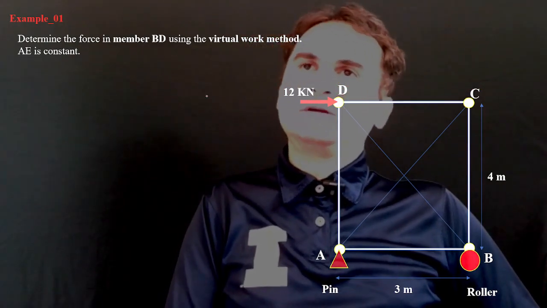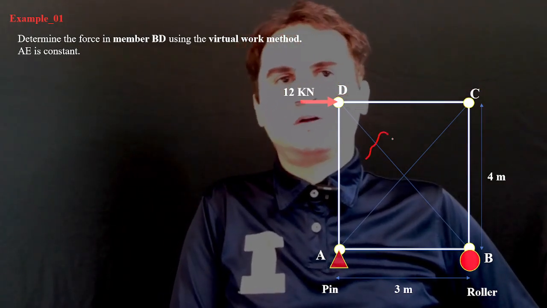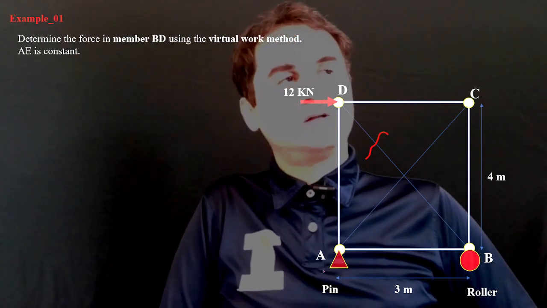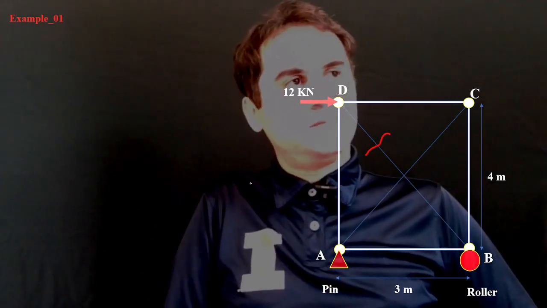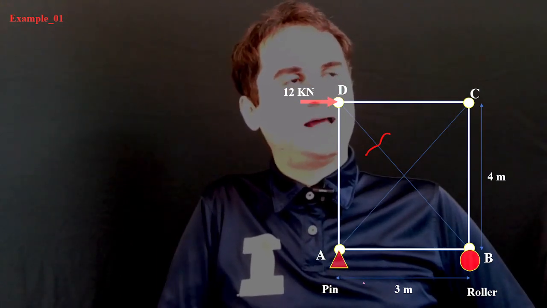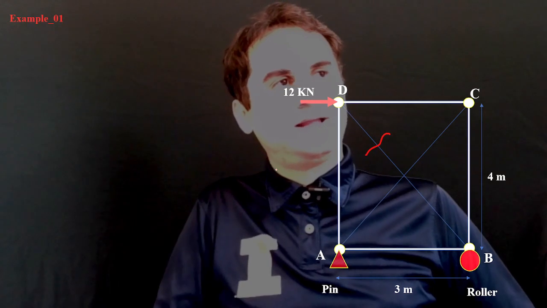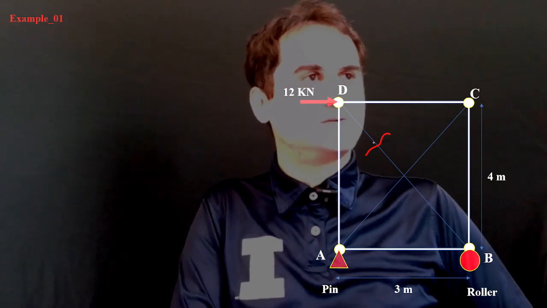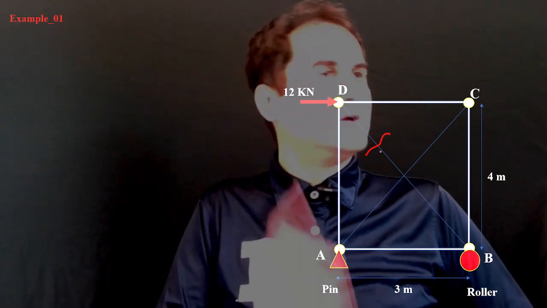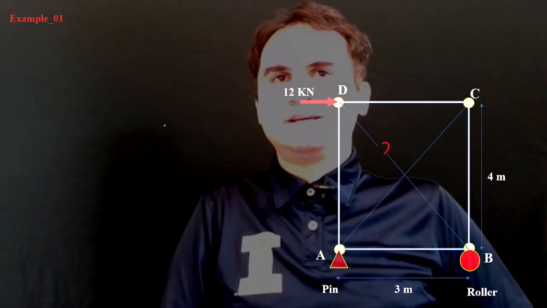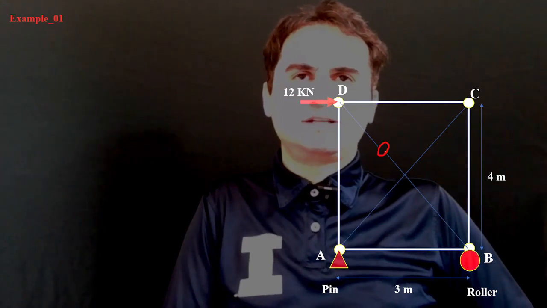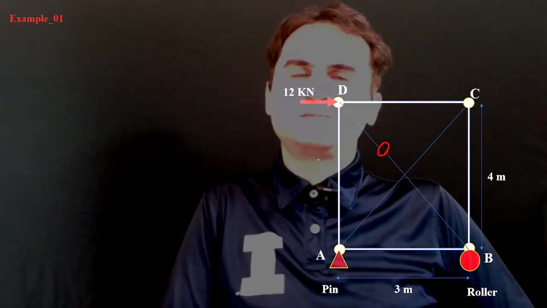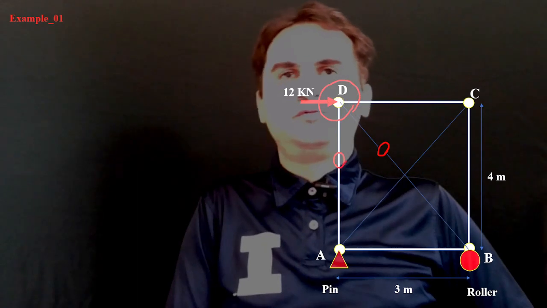So if we consider a redundant reaction, exactly like if we cut BD through and consider the internal force of BD as a redundant and solve our problem like a determinate structure, then add the effect of the redundant support by superposition. The original displacement of diagonal B should be 0 because there is no displacement for this vertical diagonal member. So if we just cut it through, it gives us a 0 force member. As soon as we have this 0 force member, we can move to